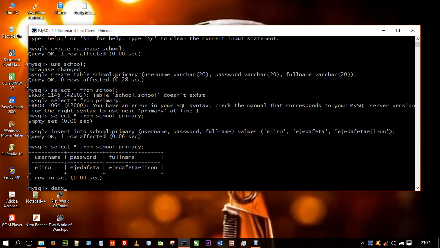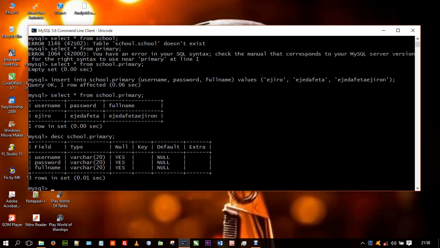Now to describe the table, right? So this is the description of our table: username, the password, and the full name. The data type is varchar, which is a combination of letters and numbers, and of course we let it be null because this is just for practical sake. So this is basically how to create a database name, create a table, add values to the table,